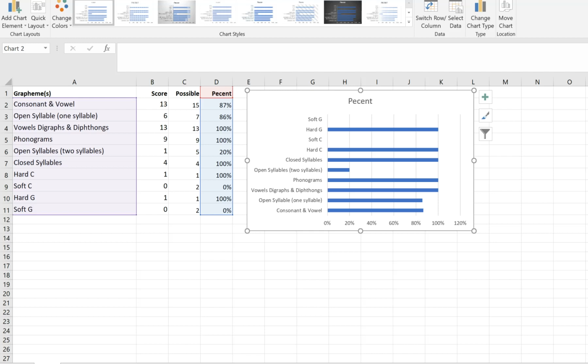how the student is doing, and we can see the areas that are strengths, the areas that maybe need a little more work. So we can see soft G and soft C. We can see open syllables definitely need a bit more work, and we can see some strengths here with hard and soft G and phonograms, vowels, digraphs, and diphthongs and such. So this video has shown how to